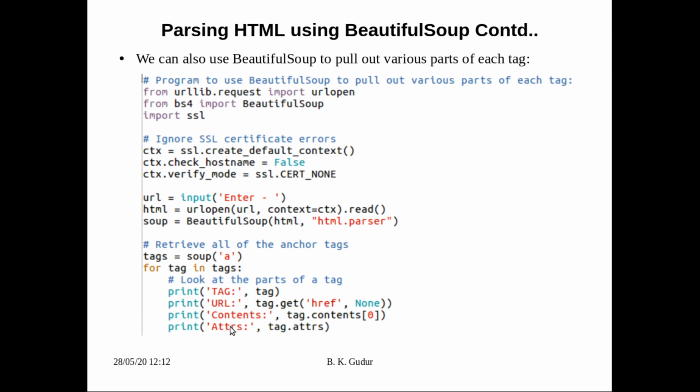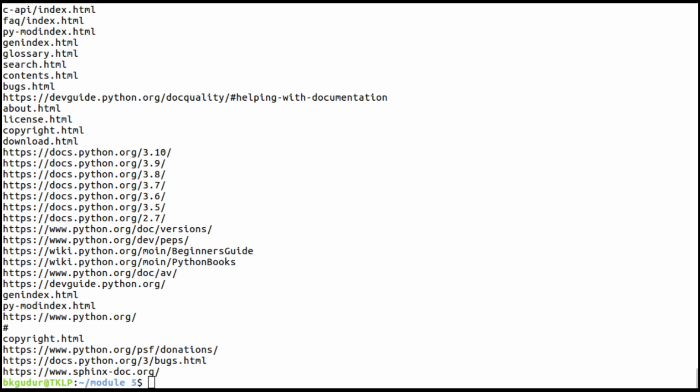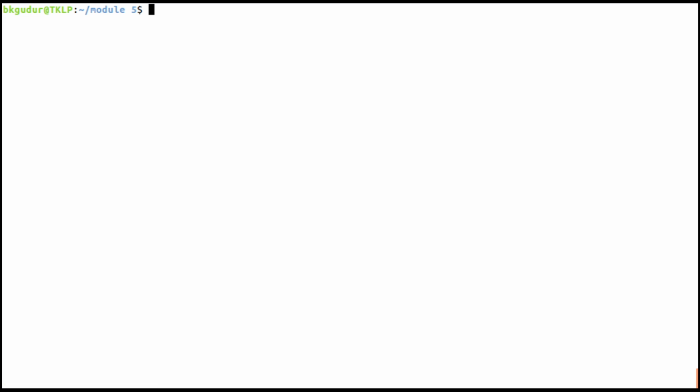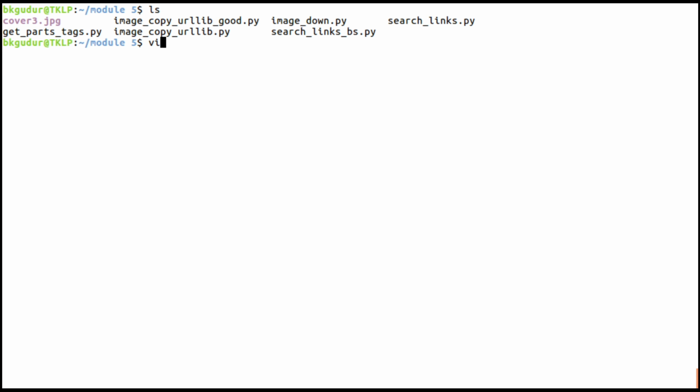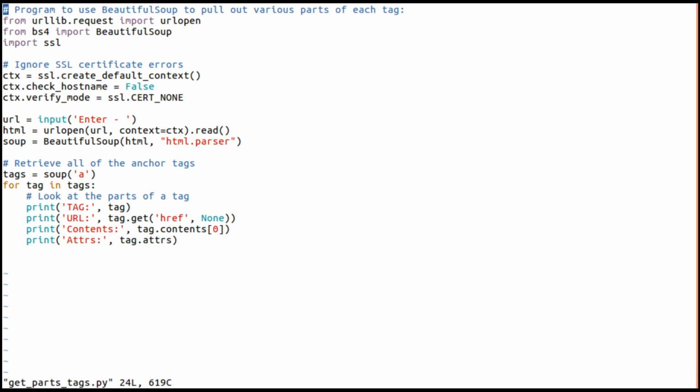So I will execute this program and show you the output. Here the name of the program is get parts. This is the program we will execute